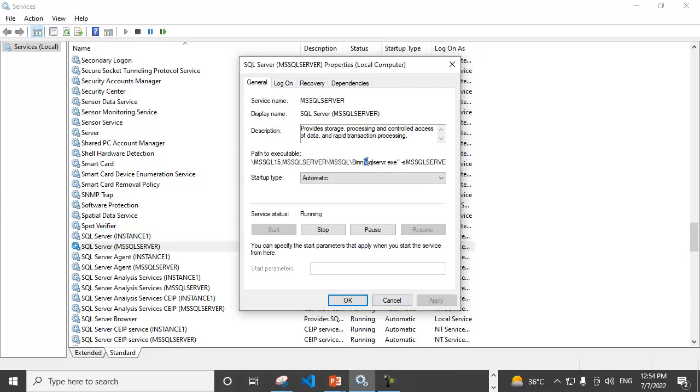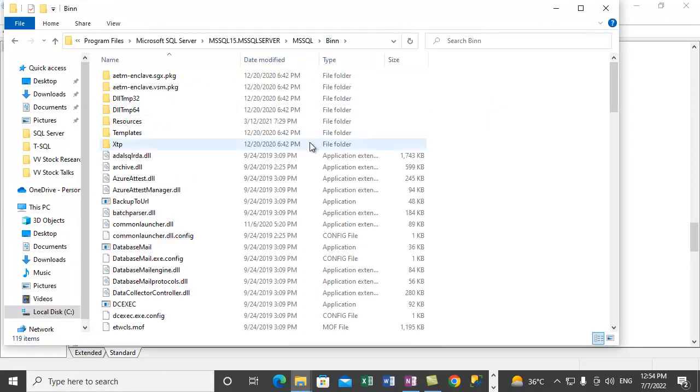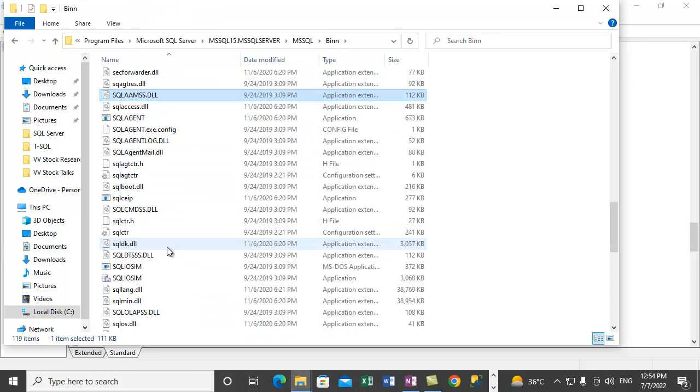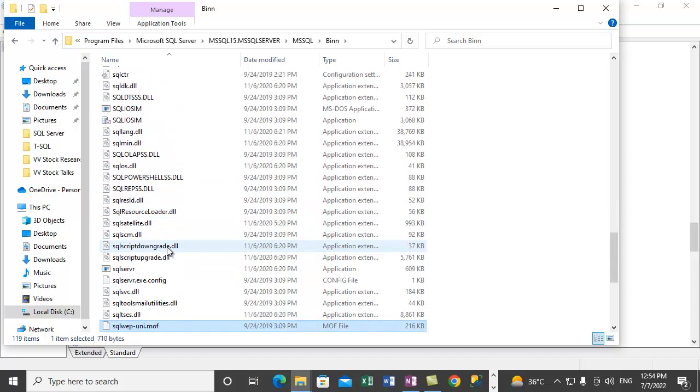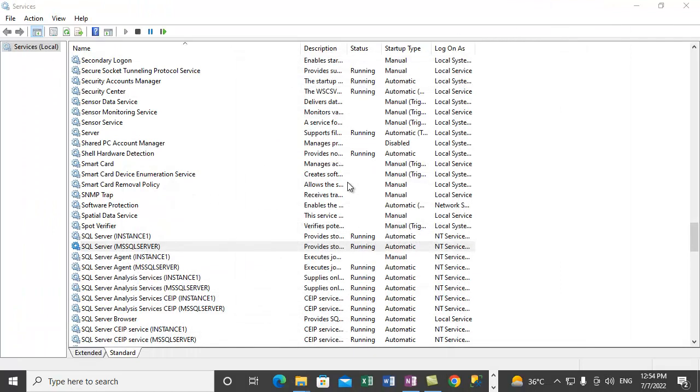So the installation folder is this. Let me open that for you. So let's go to the installation folder. This is the bin directory from where the SQL Server exe gets executed. Let me try to locate it. This is the executable, and this SQL Server exe is the application which is currently running as a service. So if we go back to notes,